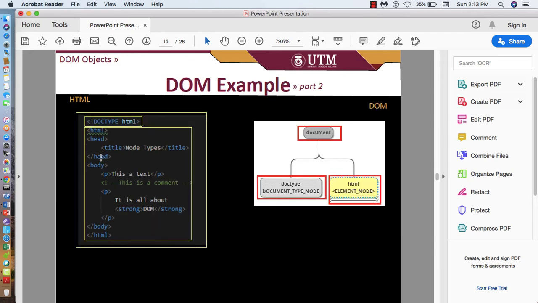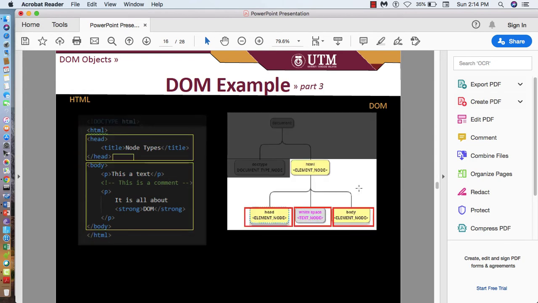Look, this is the DOM example again to show you. Document type is part of the HTML itself, and that is divided into document, which is the parent, and the child is document type. At the same time, you have HTML, which here refers to the HTML tag. If you look at the children of the HTML element, they have body, white space, and head. Head and body are the most common